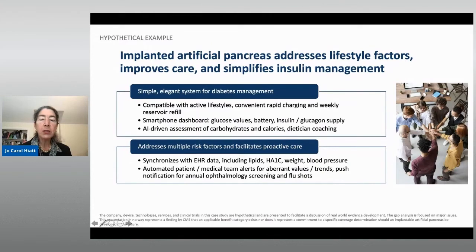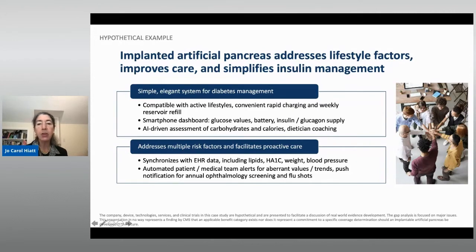So this is convenient. It's obviously much better for active lifestyles. It has predictive analytics from the data that it's gathered that can anticipate that the patient will be going to the gym at a certain time typically, and prepare for that with appropriate reduction in insulin where that would be needed, as well as the patient could indicate that they're going to go a bit off their usual routine at Thanksgiving and have some anticipatory adjustments for that.